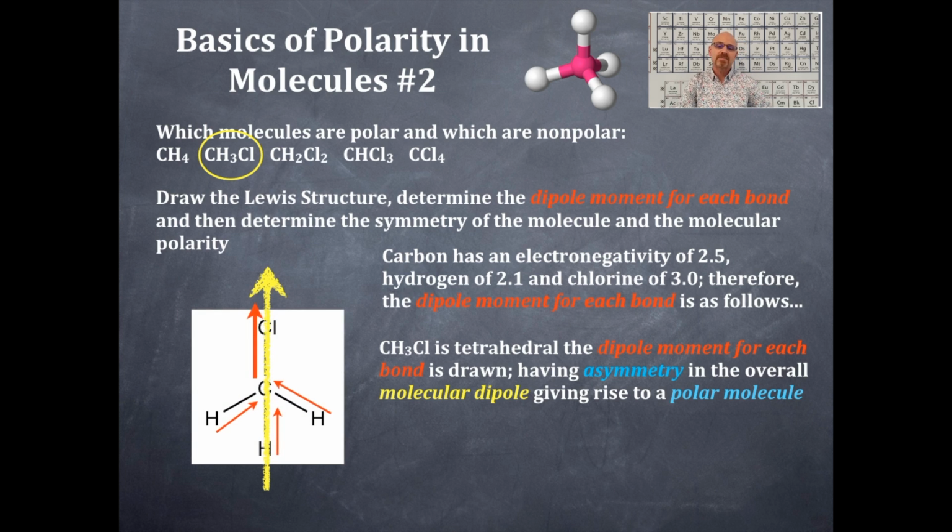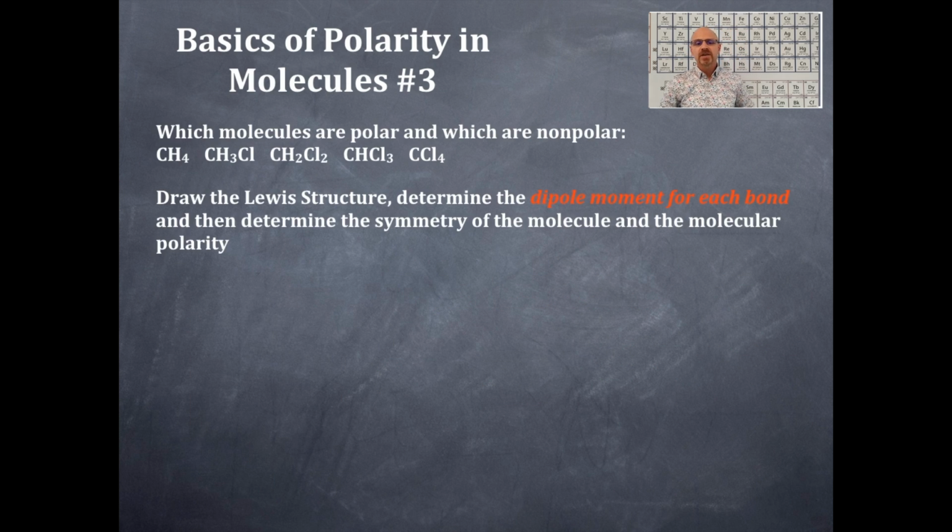By the way, that is the molecular dipole for the entire molecule. That's emanating through that carbon all the way through the chlorine. If we can draw that yellow arrow, it is a polar molecule. All right, that is the molecular dipole for the entire molecule. Let's do the next one here. The next one is